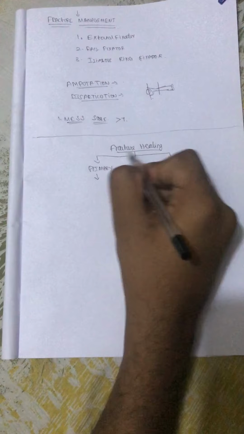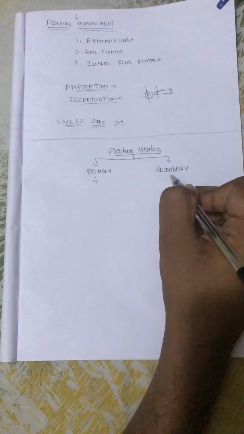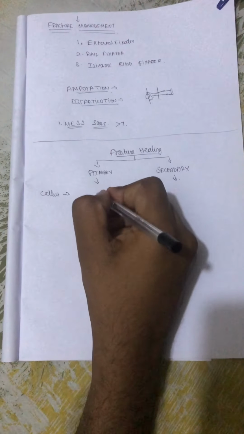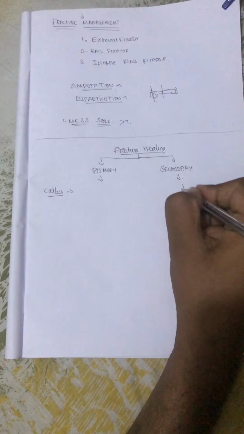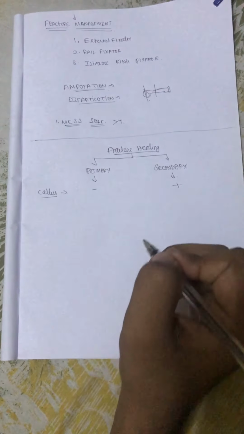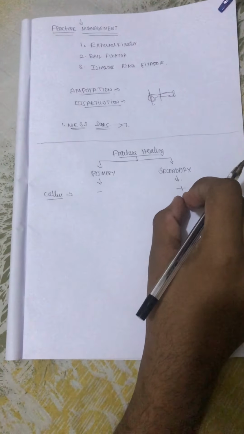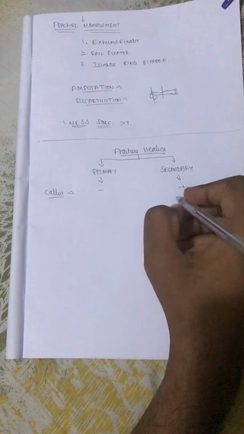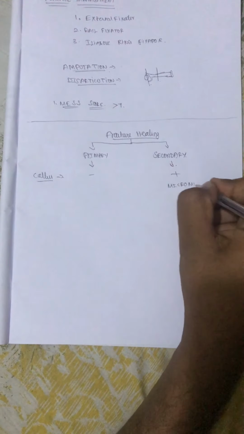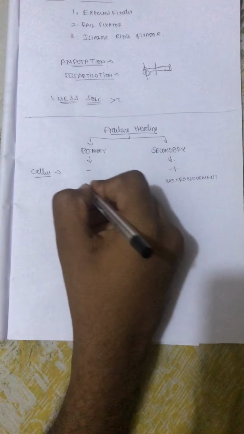Fracture healing in our body is mainly of 2 types: primary healing and secondary healing. What's the difference between these two? The main criterion is callus. If the healing process occurs with the formation of callus, then it is called secondary healing. If the fracture heals without forming any callus, then it is primary healing. Since the callus is a soft tissue and healing starts with the callus, we can see a minor movement, called micro movement in medical terms, while the fracture is healing. But we won't see these micro movements in primary healing, which is rigid.